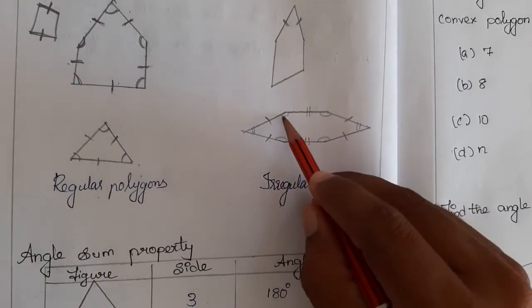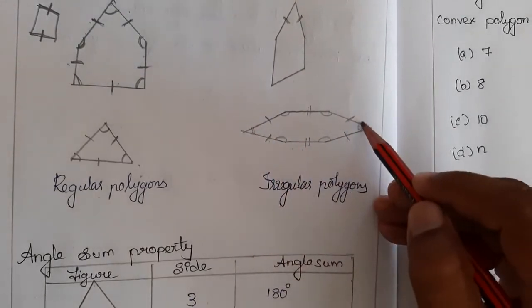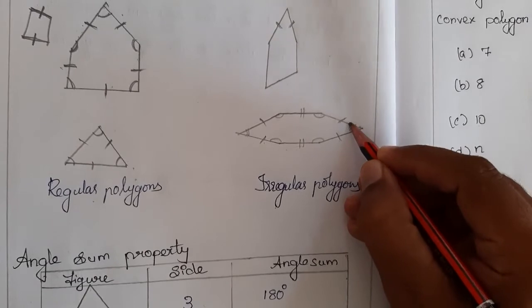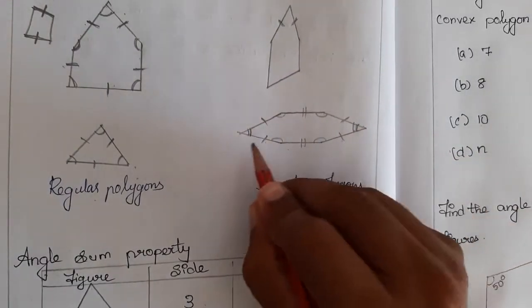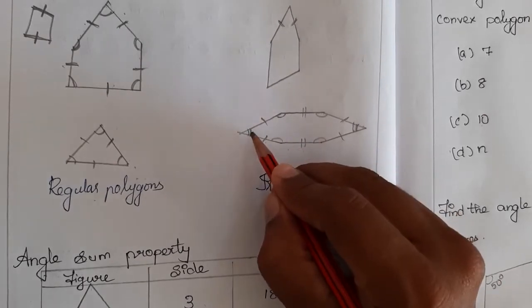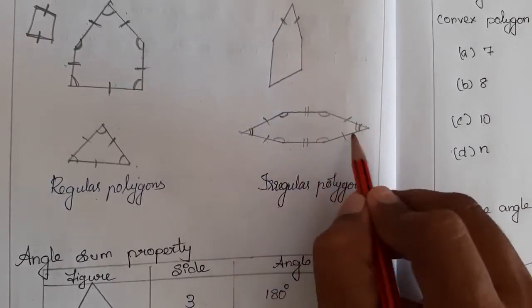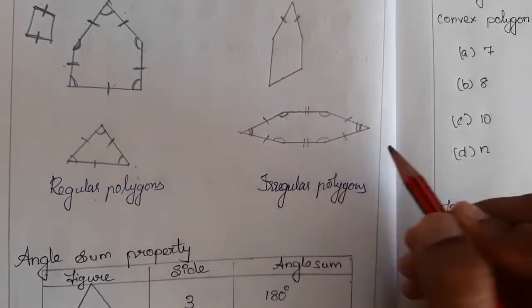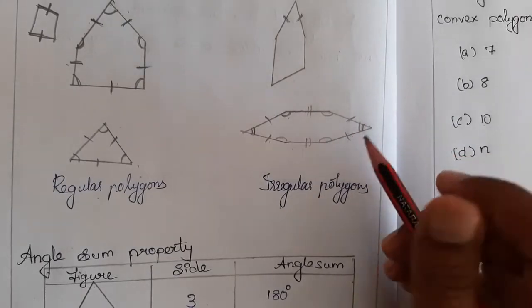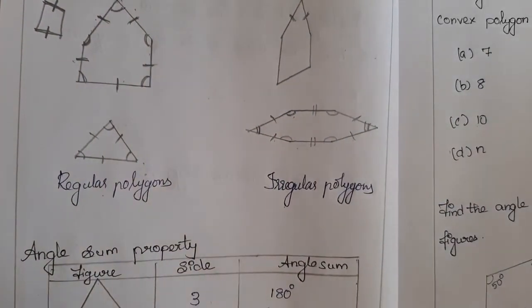In the same way, the angles 1, 2, 3, 4 are equal, but these opposite angles are not equal. So I showed them with a double curve. Can you see that double curve? Double curve means this angle and this angle are different. A single curve means all the angles are equal, and a double curve is different from the single curve, but these two double curves are the same. But it's an irregular polygon since not every side is equal.